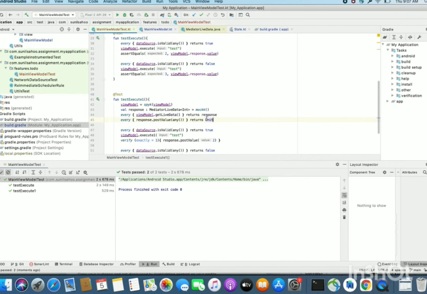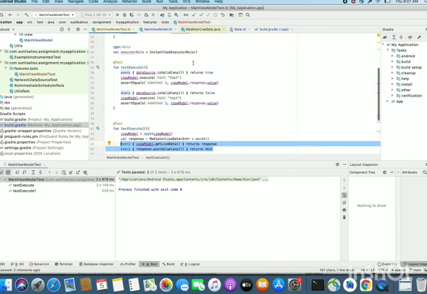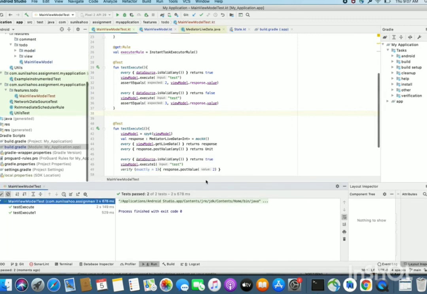These are the additional changes that we made in the unit test to verify without the task executor rule. But with the task executor rule, no need to make any change, only add the rule, it will work. Okay, so the source code is available in the GitHub repo as mentioned in the description. Thank you.